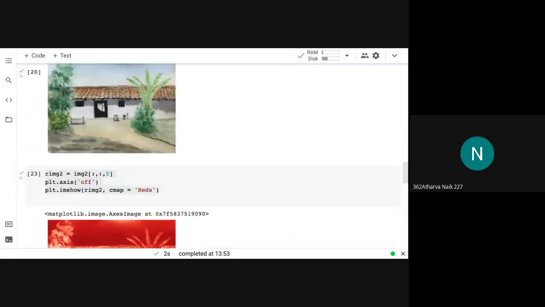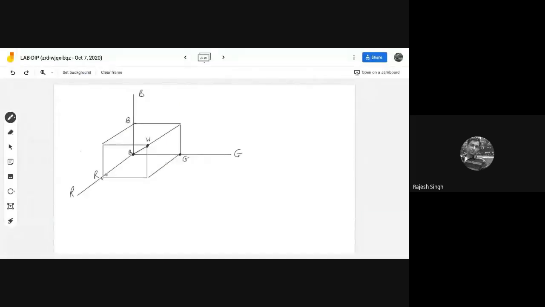Yes, you can see the original image. The RGB is fairly dark in this region. So if RGB value is very less, if R is less, G is less, B is less, then you are very close to the black. So that will remain very dark. So that is what is happening over there.